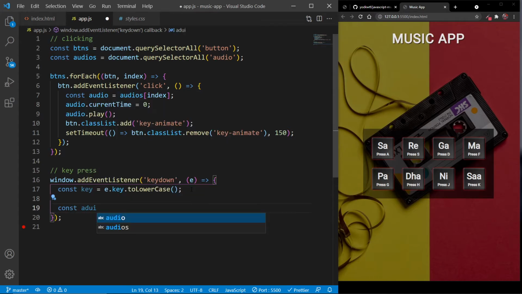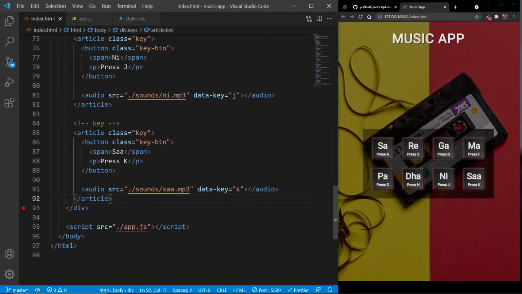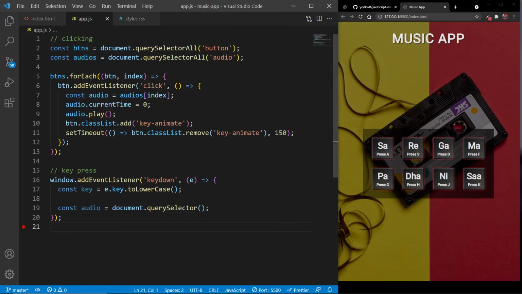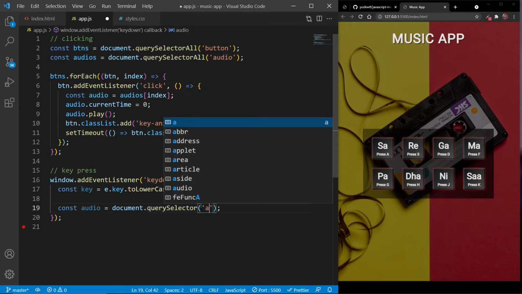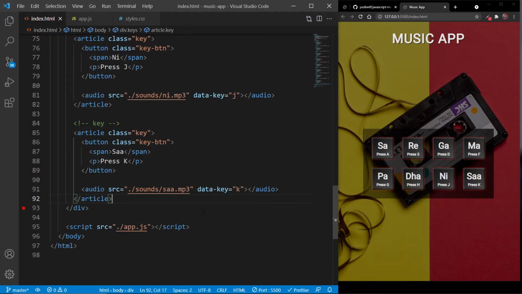and I will select it using document.querySelector again. Not All, only document.querySelector. And since we are going to select it using this data-key attribute, the process is a little bit different. First, we need to specify the element on which we have used the data-key attribute. And for us, it is the audio element, right?